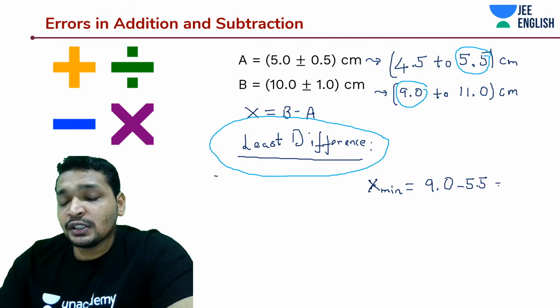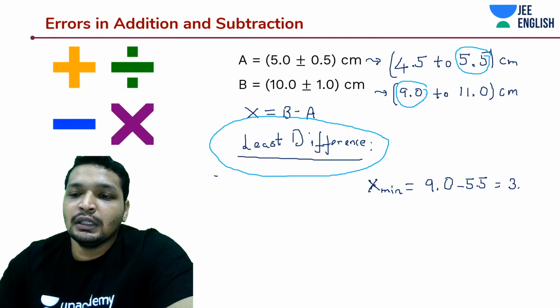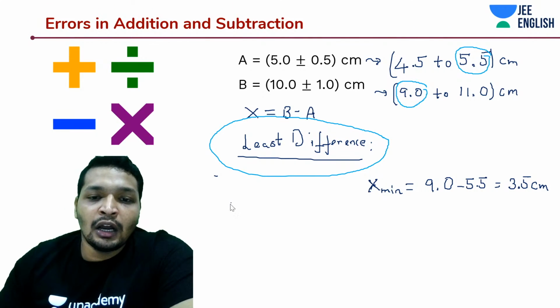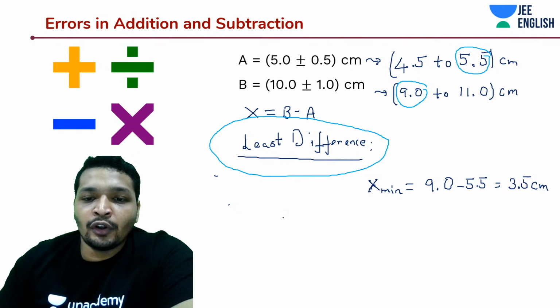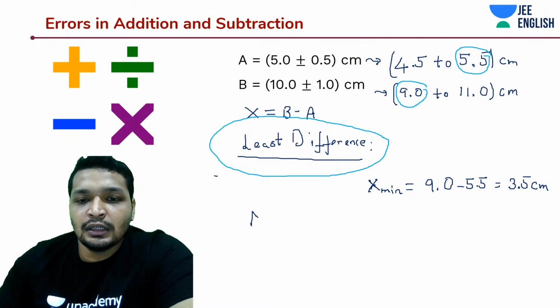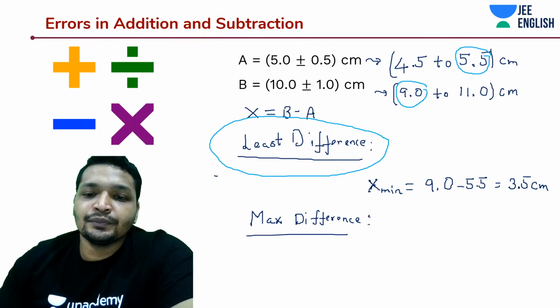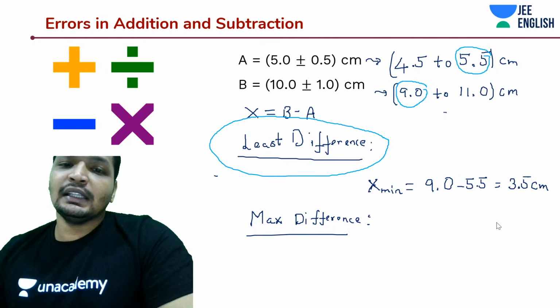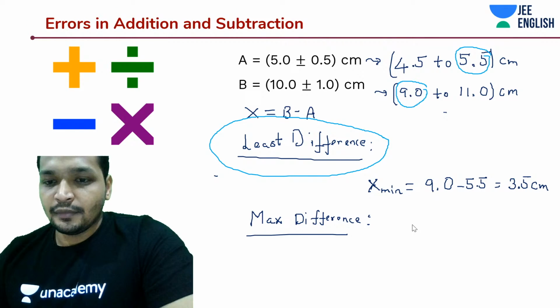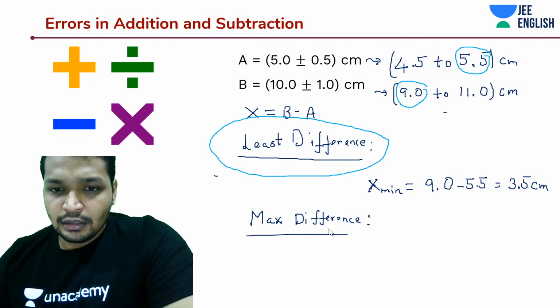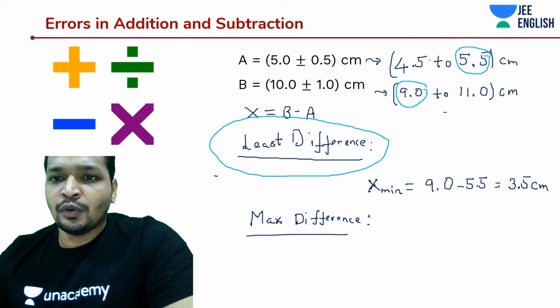5.5. How much is that? 3.5 centimeters. And how about if I'm going to talk about the max difference, or how much is the maximum distance between both? Which values are you going to choose? The max value of B and the least value of A. Okay. This is what you choose for